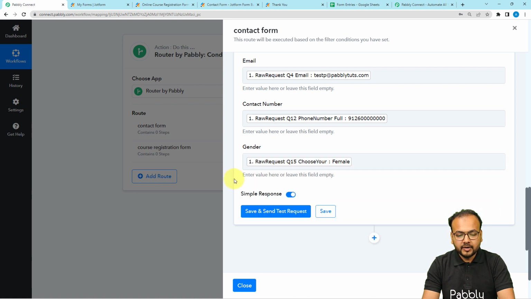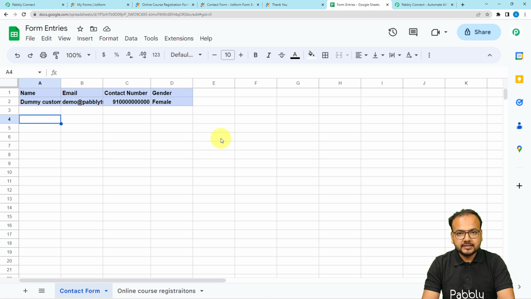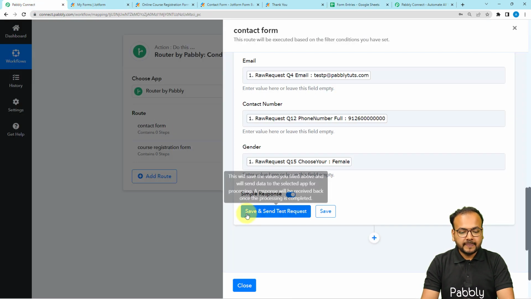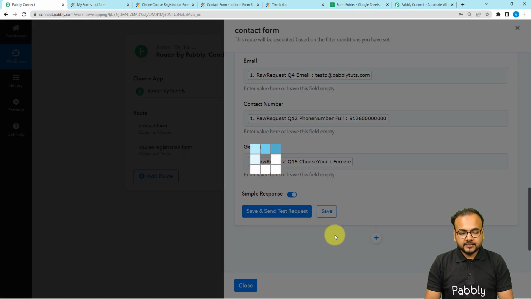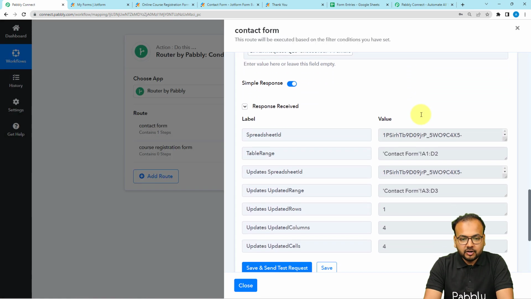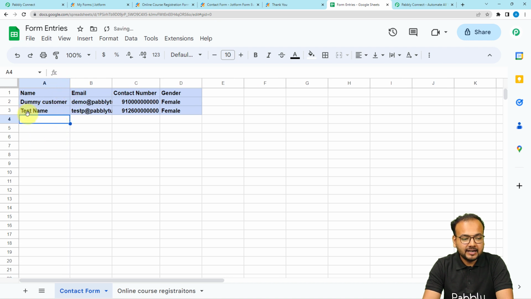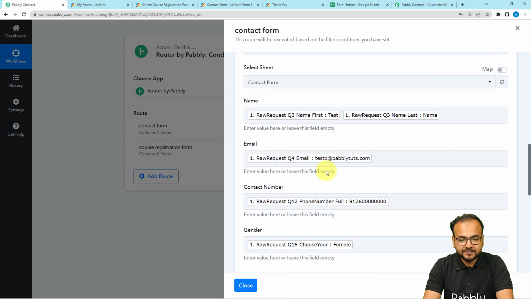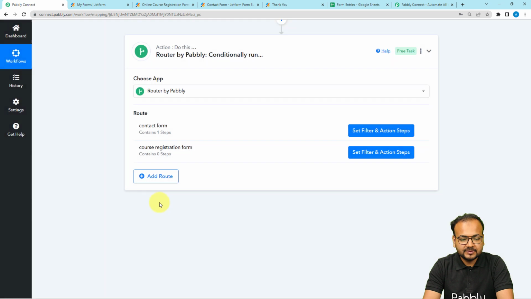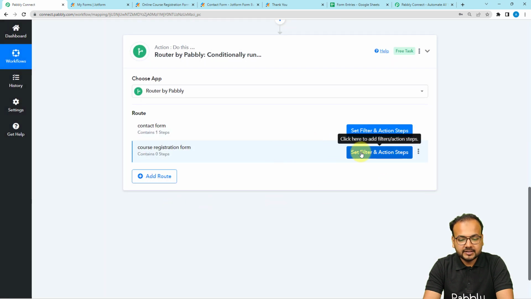Okay, right. Now you can check your connection with your spreadsheet by clicking on save and send test request button, and this data will be sent here inside this sheet. Let me show you. I'm clicking on save and send test request. All right, and this is the response we got. Let's just check the spreadsheet, and here you can see, guys, we have received the response like this, and it is the same data that we have entered inside the workflow. You can see. Okay, so this is how it is going to work, and now let us set up the